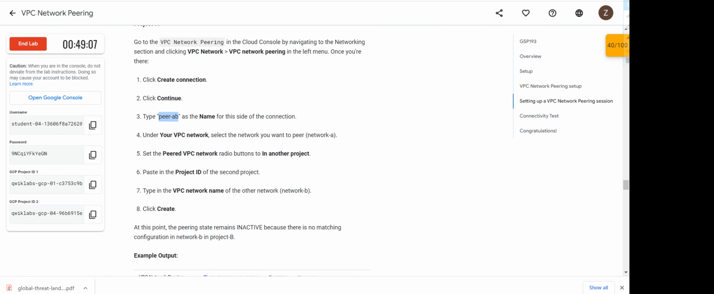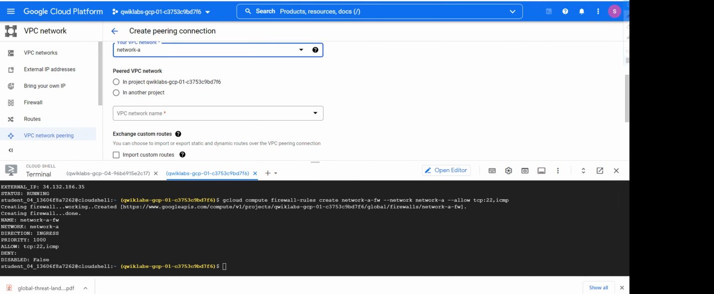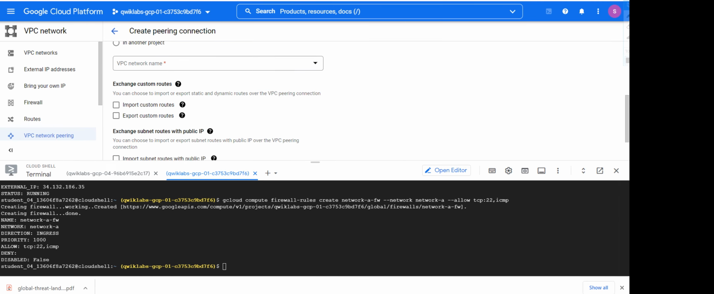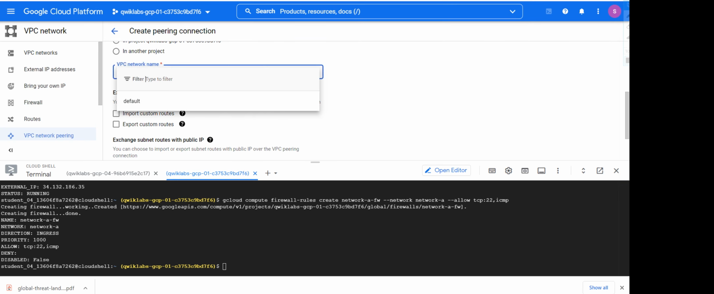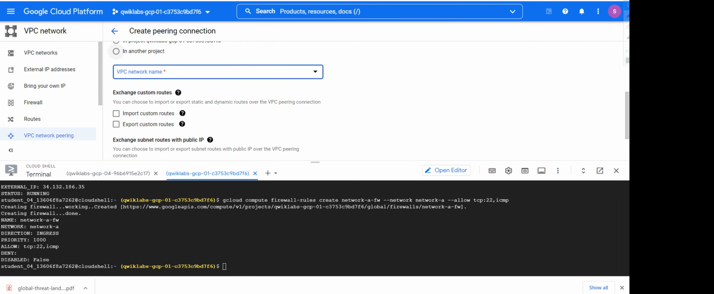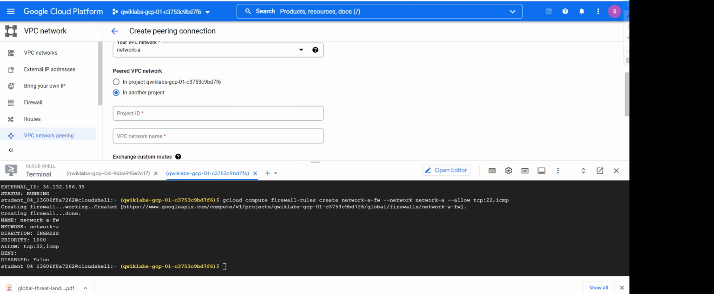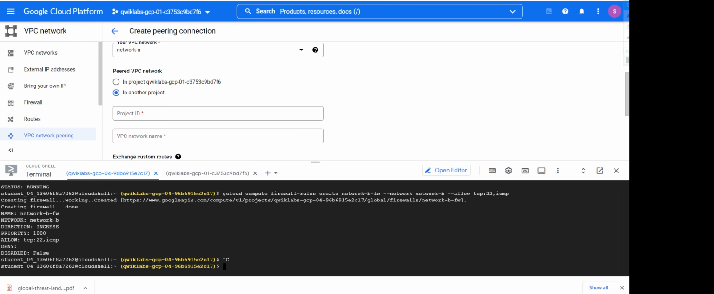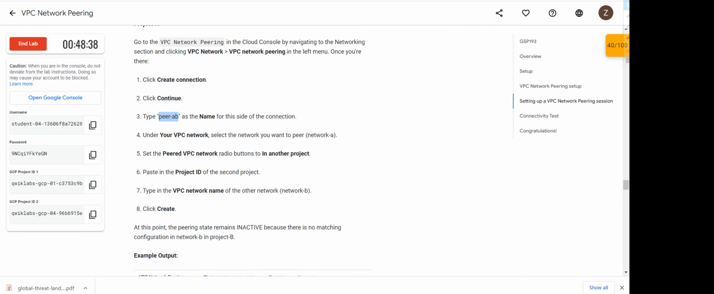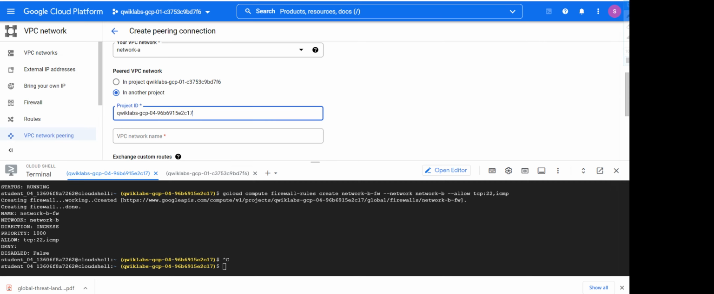Set peer VPC. Okay. In another project. Wait, this one appeared. Okay, in another project. So you take the second project, project B ID. This is the project ID, right? Or you can copy from the menu here. Same thing, project ID here. Or this one. Again, same. Right? Same. And then